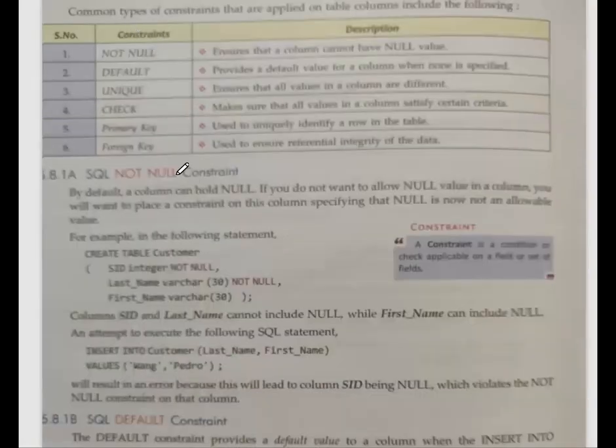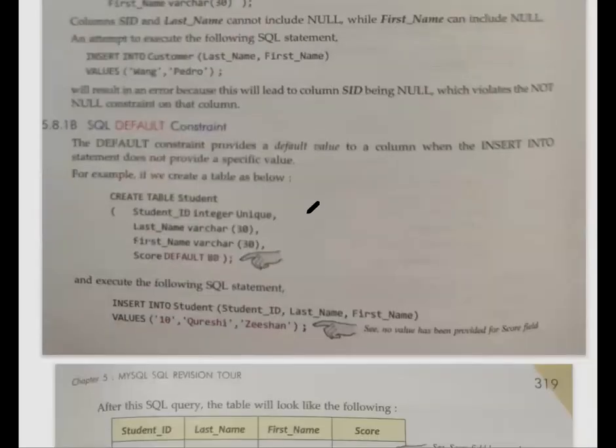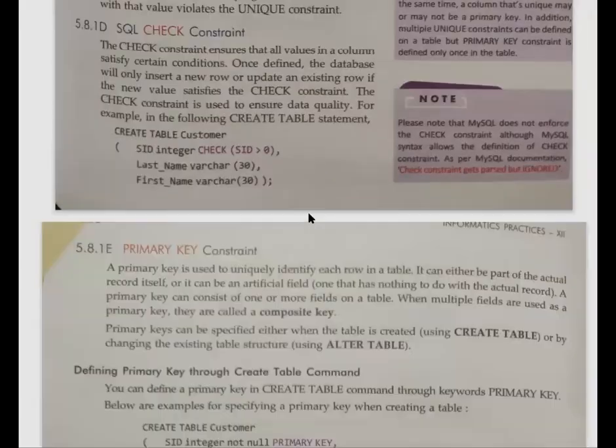Yesterday we started with constraints and the last topic was foreign key, which we have not done. So first we will discuss foreign key, what is the use of that, how to use that, and what is the purpose.